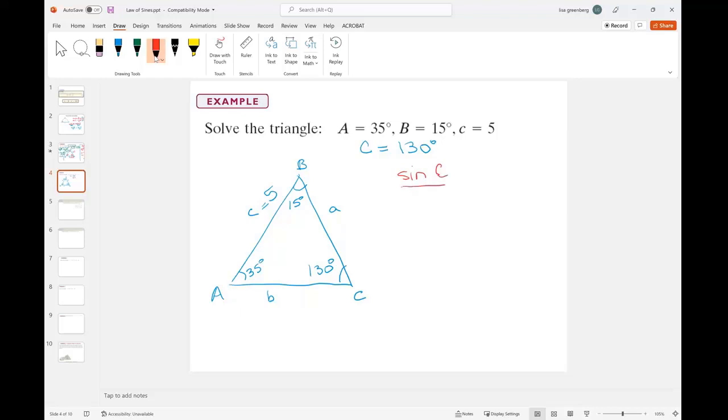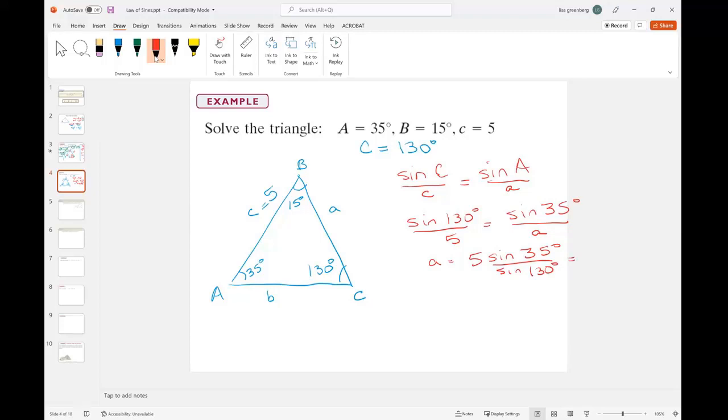I'll start with sine of C over C, and then it doesn't really matter what else I use, so I'll do A over A. So again, I get the sine of 130 degrees over 5 is equal to the sine of 35 degrees over A. Solving for A, I get 5 sine of 35 degrees divided by the sine of 130 degrees. And that gives me